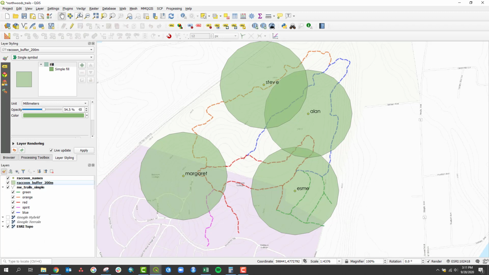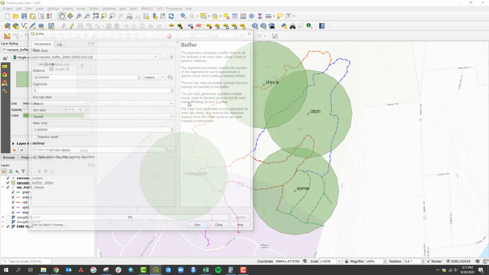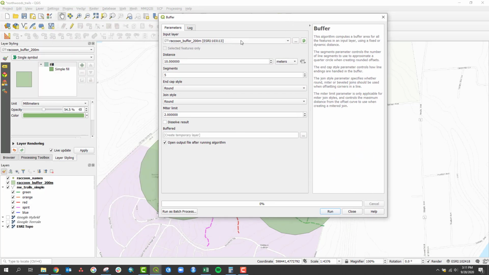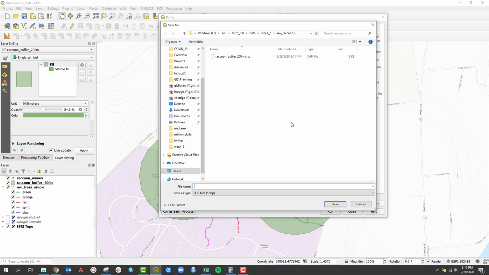All right, now we're going to run the same process for our trails. So our Northwoods trails are going to be our input feature. I want the distance to be 30 meters. I'm not going to dissolve my result because I want to keep the attributes. And I'm going to save it as